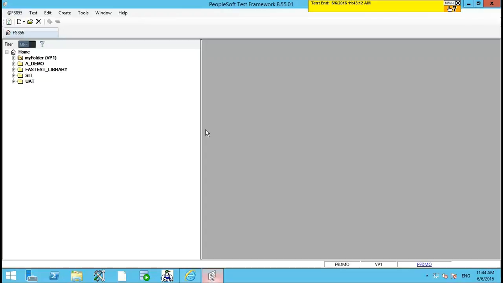At this stage, I'd want to now transition over to FastTest, which is a layer over PTF, and the objective of FastTest is to enhance and expand the capability of this tool. So this means in terms of reporting, dashboards, and other automation tools, as we had highlighted in our slides.